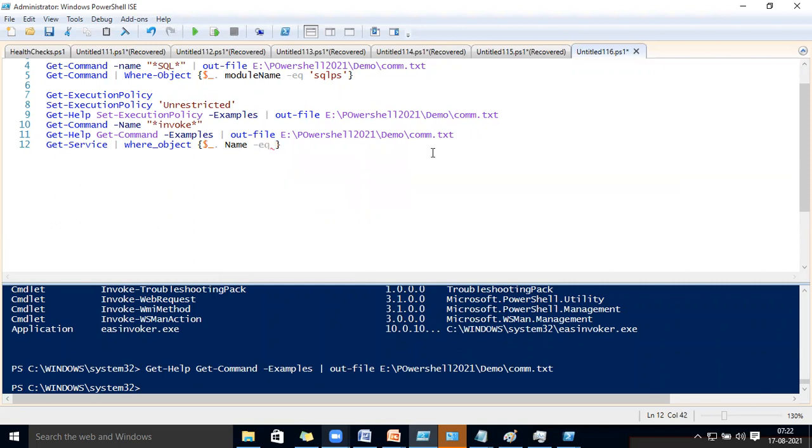There is already a class for explaining all this: what is equal, greater than, less than, not equal, everything. That is a separate class. We will discuss all this. But now it is just small things I have to explain to you. Equal to, I have given MS SQL server. Okay.